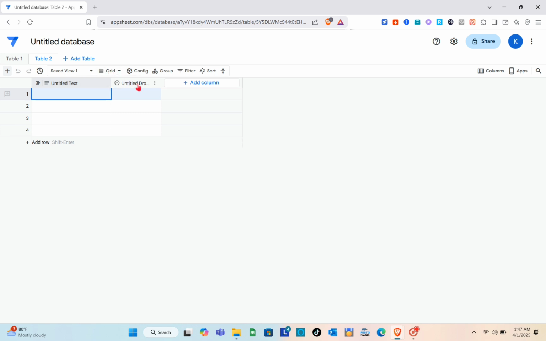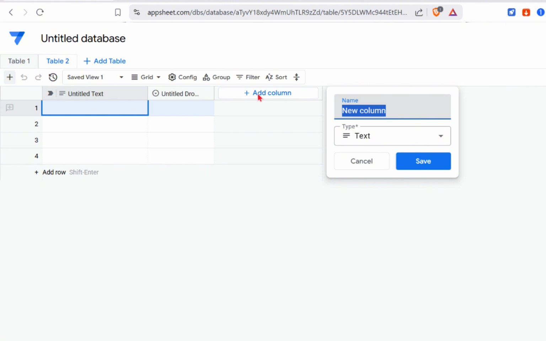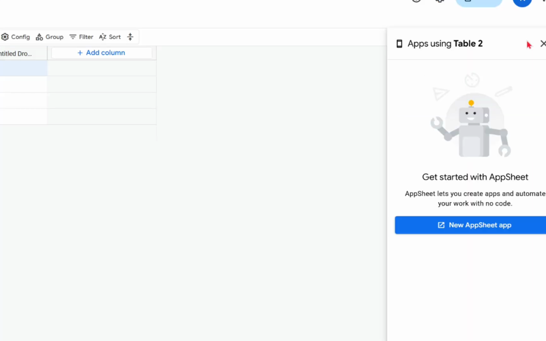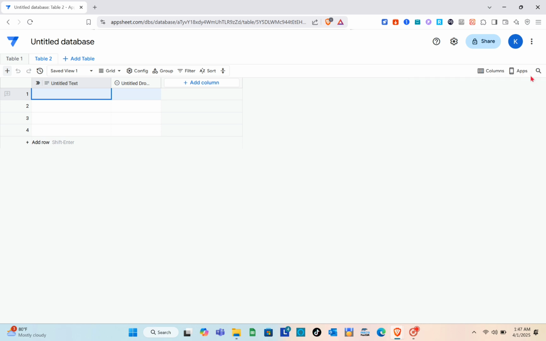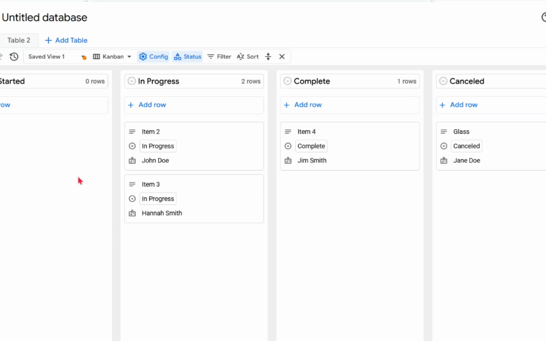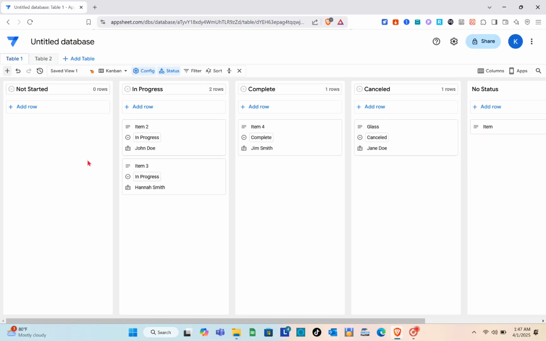So for example, this one, the entitled text. So if you want to customize this one, just click on it and then give your title. Okay, so here, if you want to add a new column, just click on it as well. Okay, so going back here to our table number 1, as you can see, what I like about the Kanban